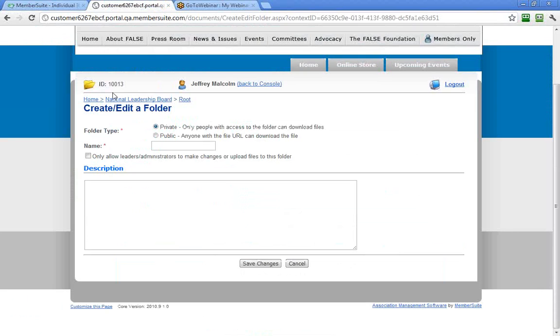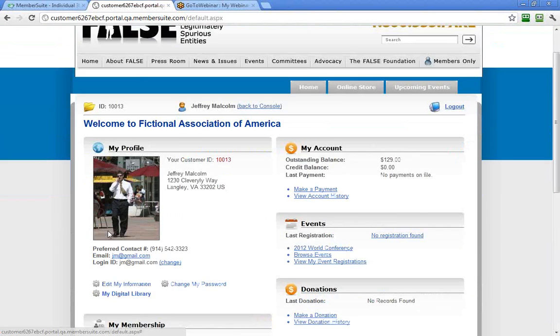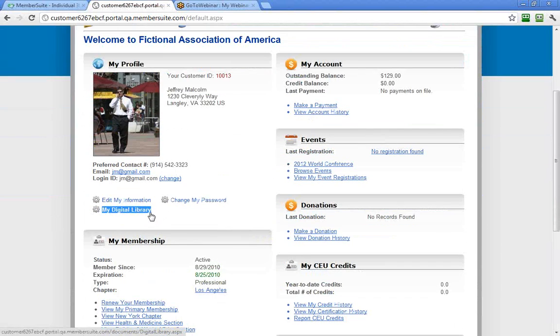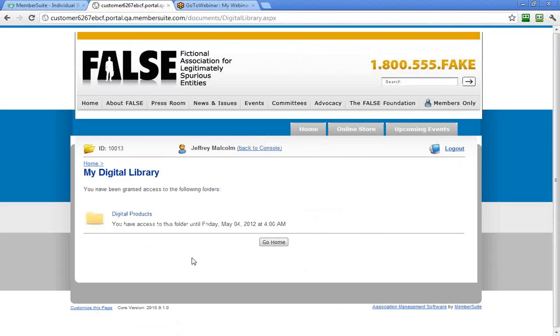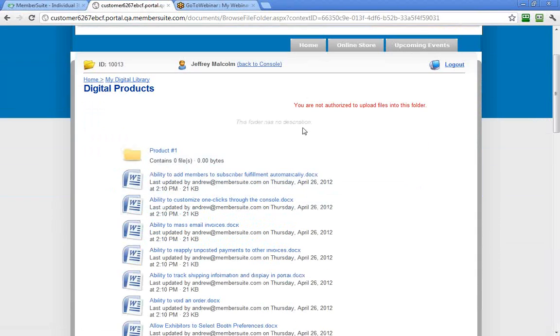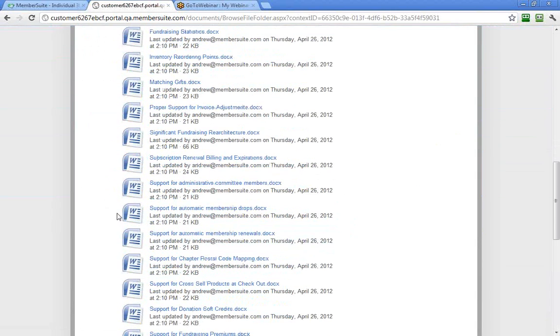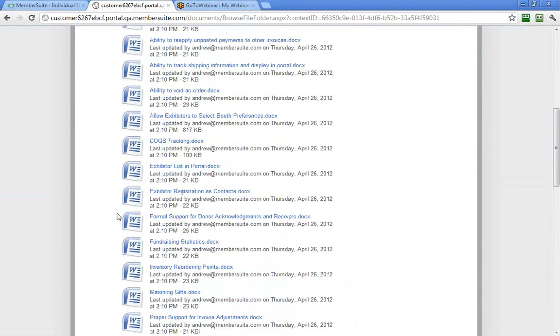Now, when he logs into the portal, he now sees this My Digital Library link. And when he clicks it, he can see all of the folders he has access to. In this case, he's got access until the 4th. Okay? And then he can actually browse the files. He can't ever upload files into it, but he can actually browse the files in the folder and download them